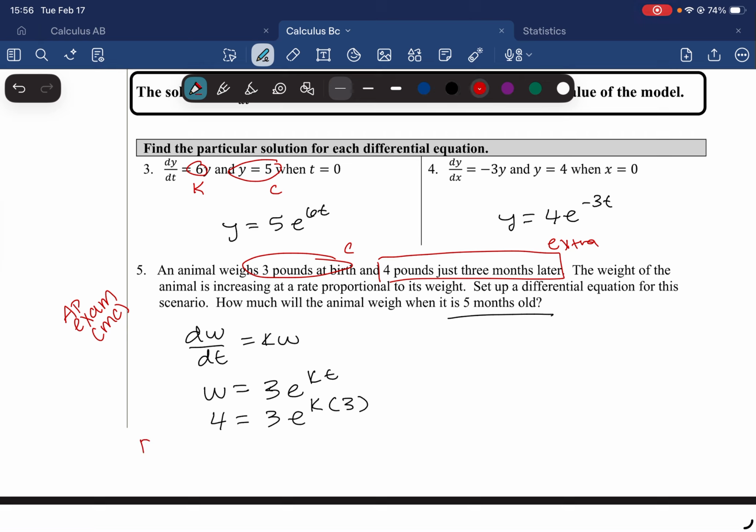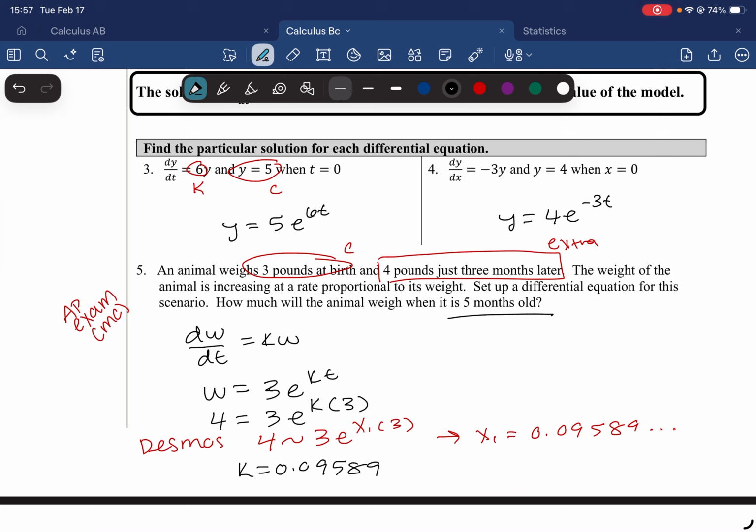So if you're using Desmos, you would type in 4 tilde 3 e to the x sub 1 times 3, and this should give you a value of 0.09589..., because it's a very long decimal. And what this gives you is k, so k is actually equal to that value. Well, now we know that k is that value. I can plug in that k value to my solution, which is w is equal to 3 times e to the power of